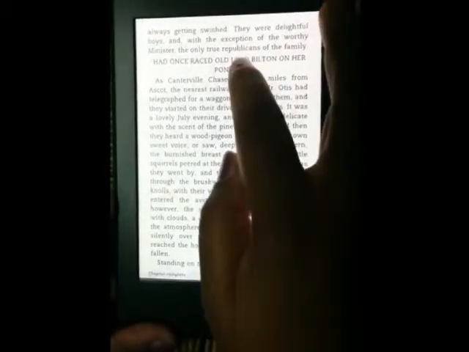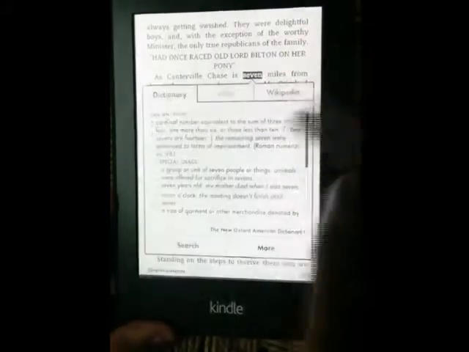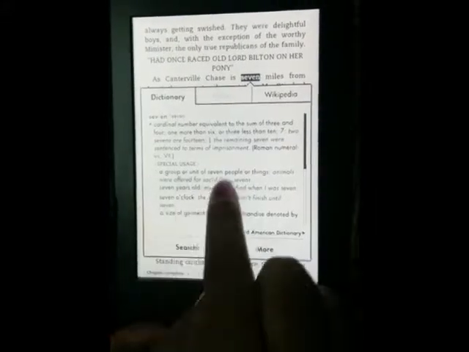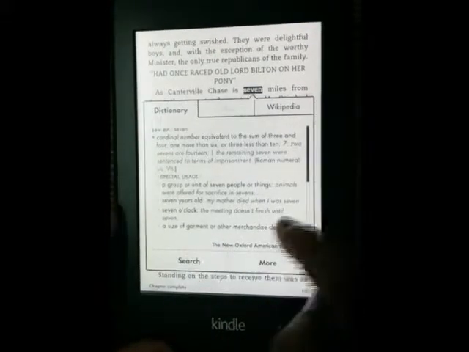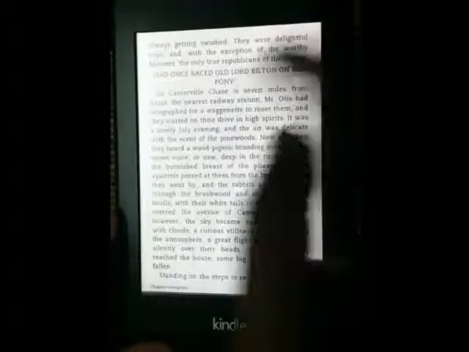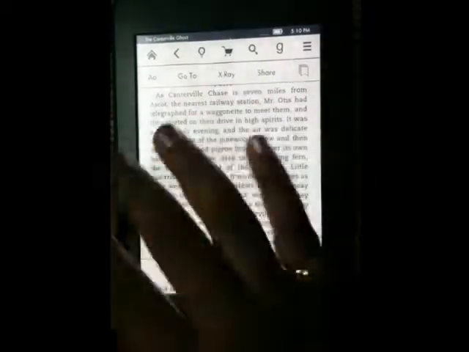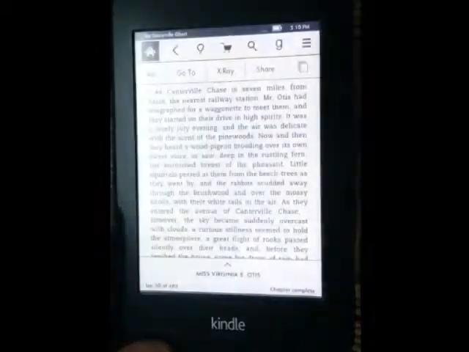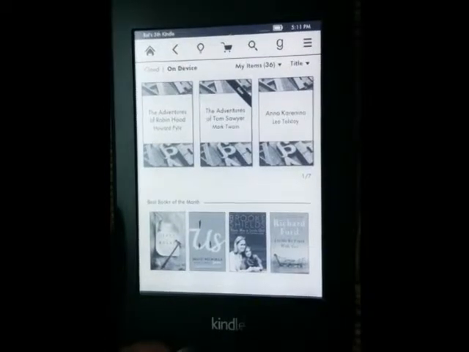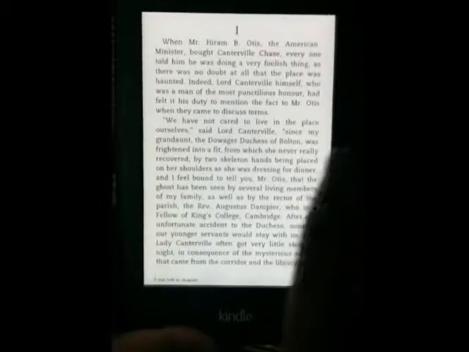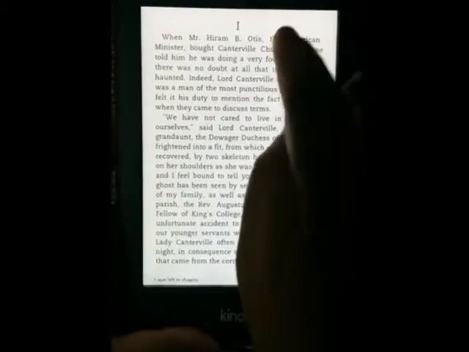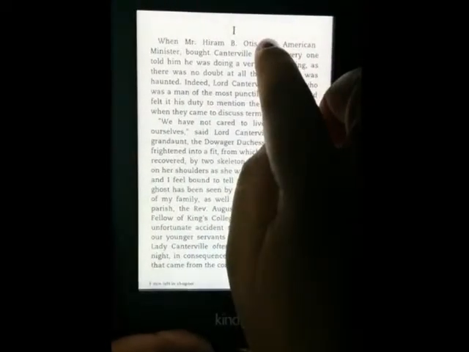Now you can find out the meanings. As I told you earlier, you have to just press and release the button. Now just have a look that we are going to read through a few words here in this story. By clicking on the home button, I can go back to the home page. Now we are finding out a few meanings while reading. Let's say chase.